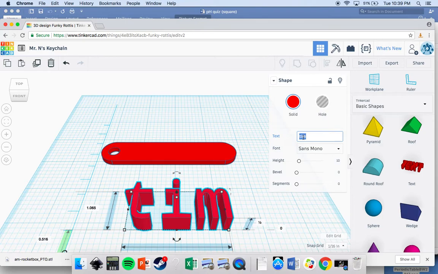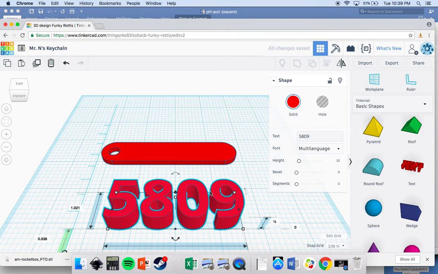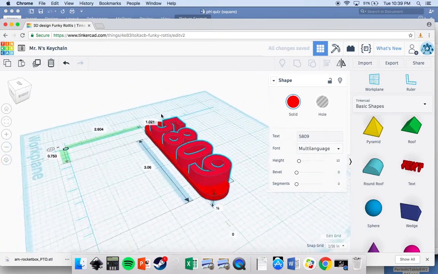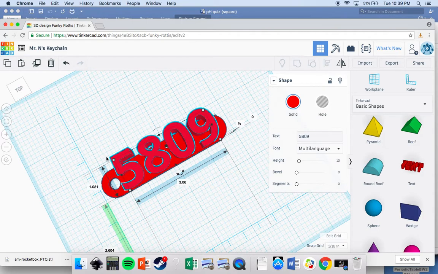My name is a weird name. Let's put, I don't know, my team number on it. 5809. Yeah, that looks nice. Once I found a font I like, I can come in here and, well, that does not look much like a keychain, right? So I'm going to click on it, and I'm going to hold down the Shift button and